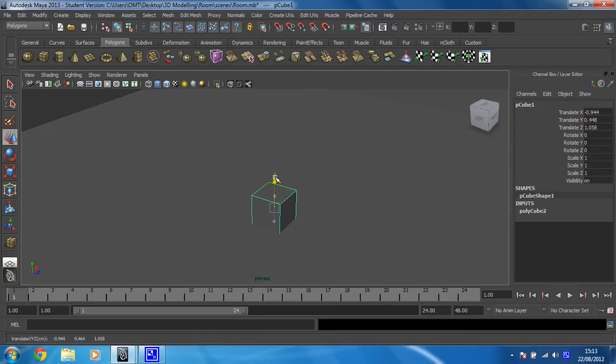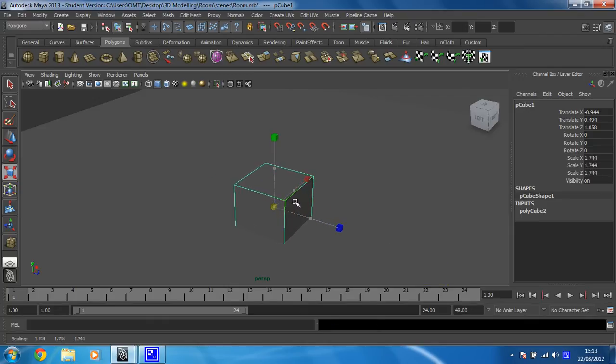I'm just going to pull that out of the floor and I'm just going to resize it a little bit so that it looks slightly more interesting of a shape. So the first thing I'm going to do is change to the scale tool, which is this little chap over here. Now what's interesting about this is, again, you can manipulate it in different directions. So I can change just the height of it,